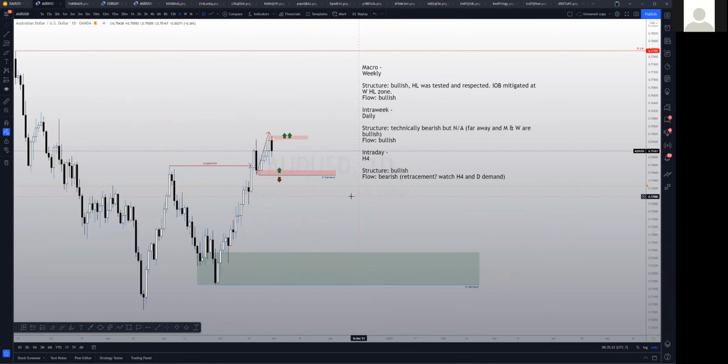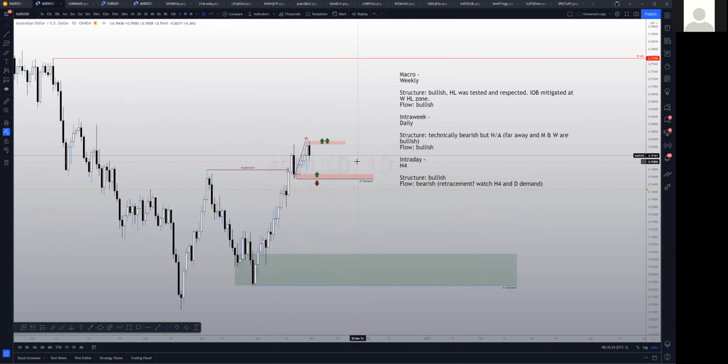So the question for me personally, as I move into smaller time frames, is can this keep up, or will we get a pullback in relation to this overall move, this whole thing, right? So that's question one. If we break below this daily demand, then we are switching high time frame flow and we can anticipate a pullback in relation to this leg and then maybe that in the future. So keep that in mind. If we break below daily demand, we're starting a higher time frame pullback.